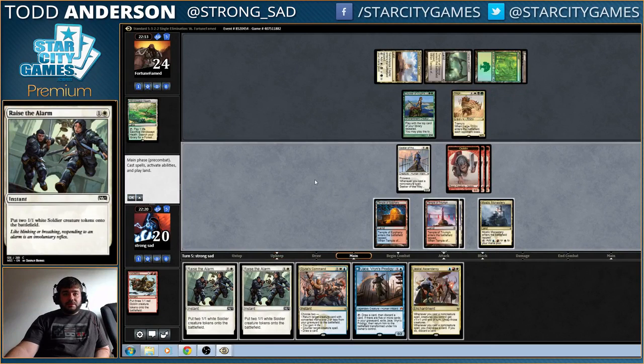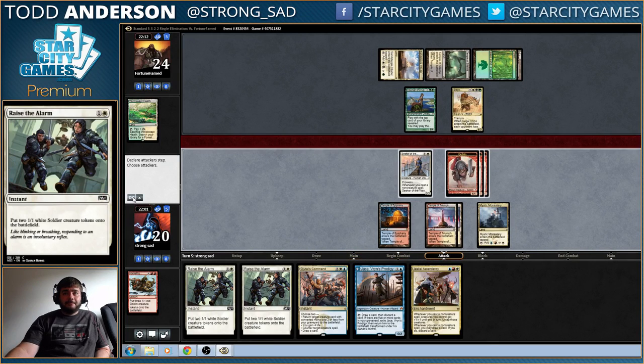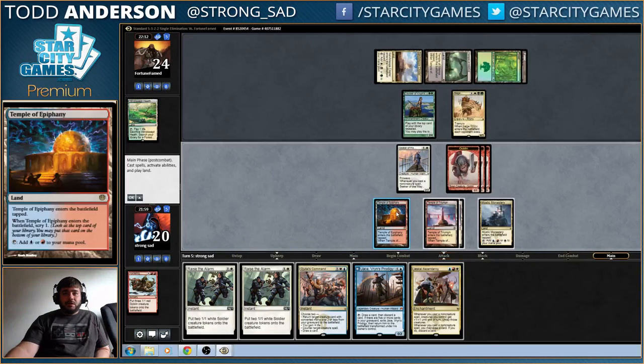Well, there's an Ascendancy. Huh. I kind of just want to sit back and pass turn. If I cast Ascendancy, he could just play Languish or something. I guess he could play Languish anyway, but actually I'm just going to